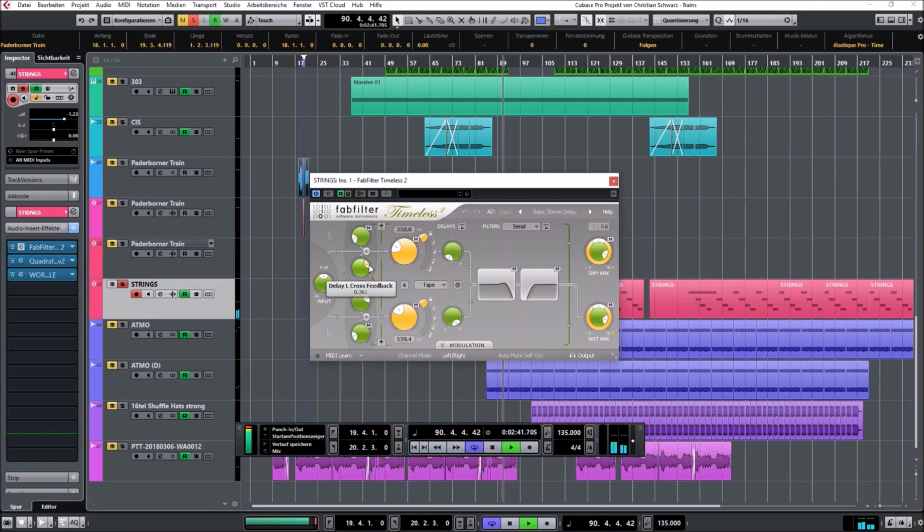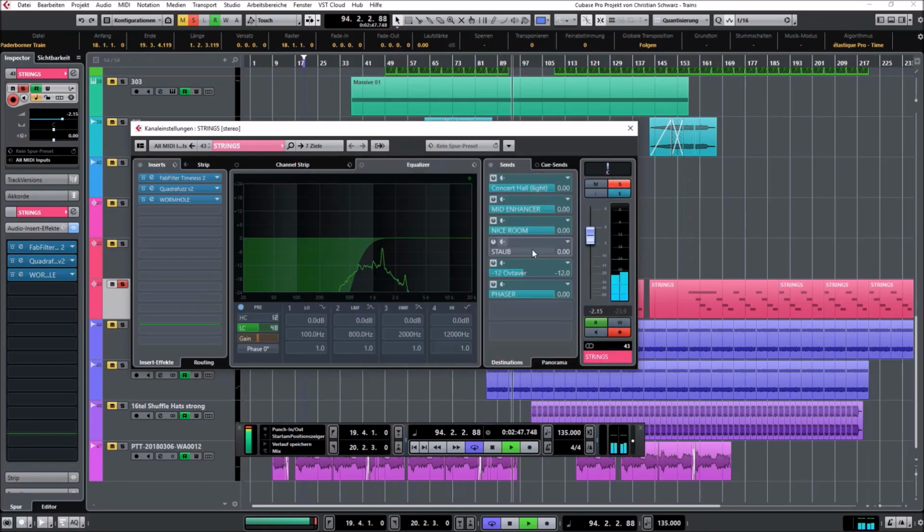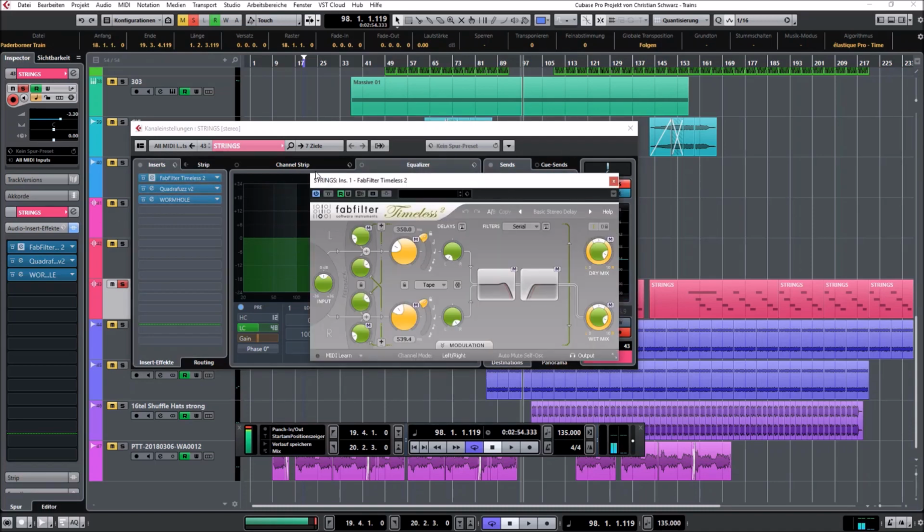And this is how I process it. As I said, we have to take off the low end because there was this big motor, big trains rumbling the earth, shaking the earth. I took it out and I let the highs pass, and then I put a Timeless on, a very nice delay plugin,